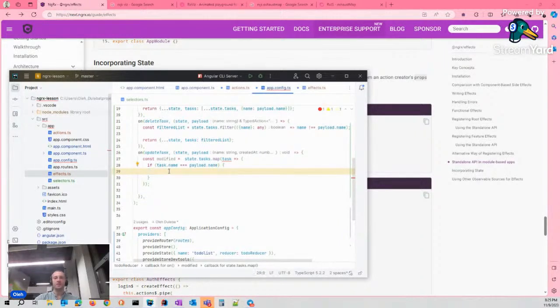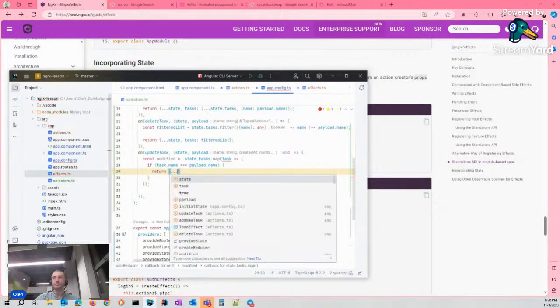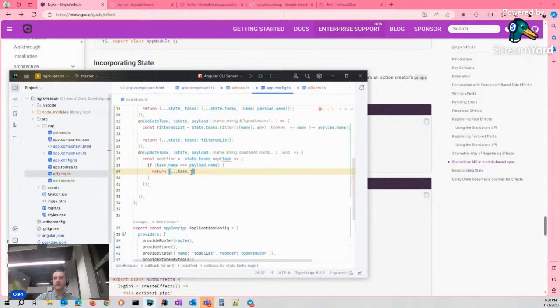We return a new instance of it with copied name, cloned data of this task, and new created at value, payload created at.